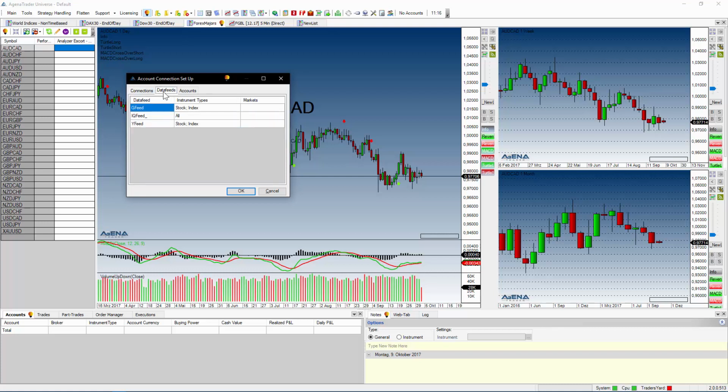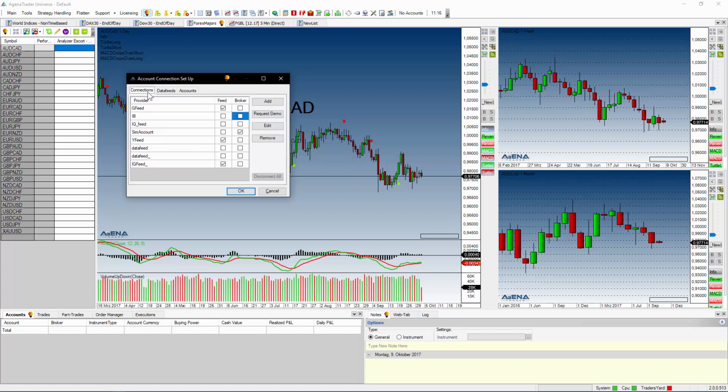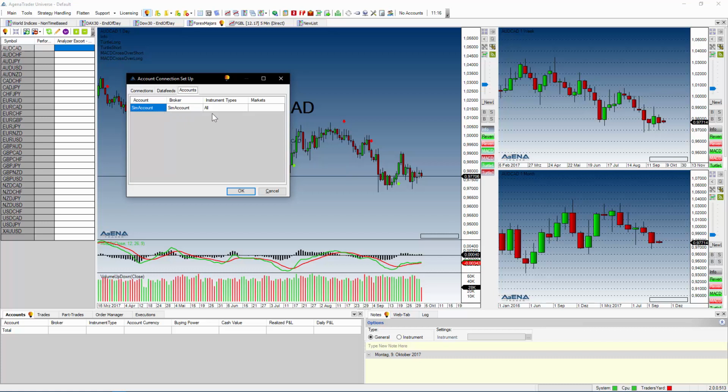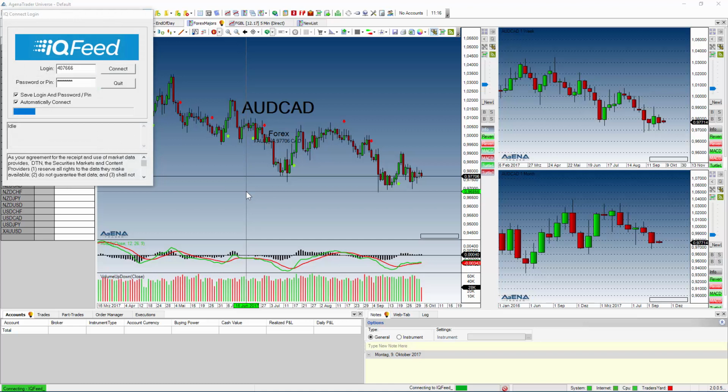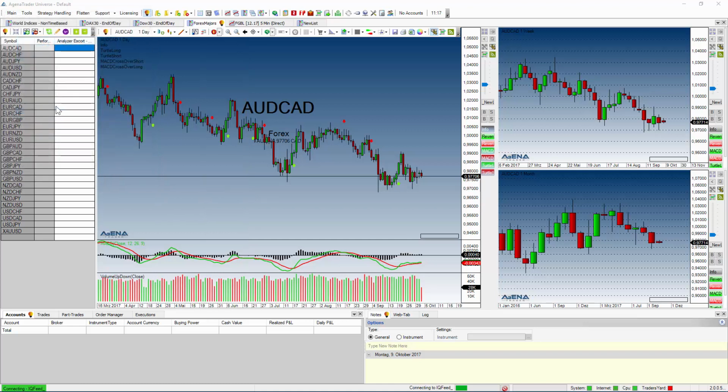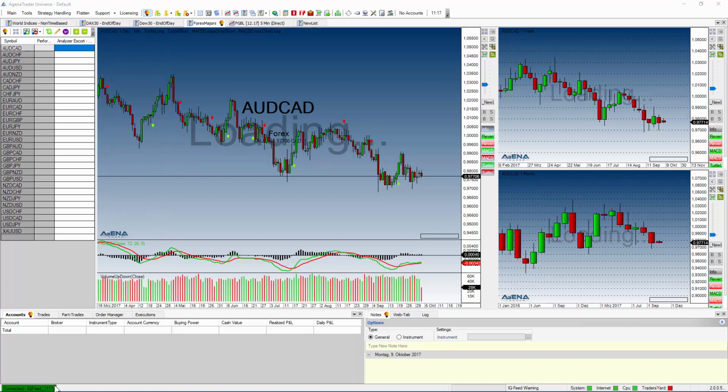The second tab now is showing the data feeds which I have selected as feeds, and I have here my IQFeed connection, the Google feed connection, and Yahoo feed connection. As you can see in the instrument types column, I'm now able to select which kind of instrument types, asset classes I want to load with this kind of data feeds. And the same thing I could do with the accounts tab with my broker. By clicking on the OK button, it will automatically then start the connection. Please note this only works if you add a new connection.